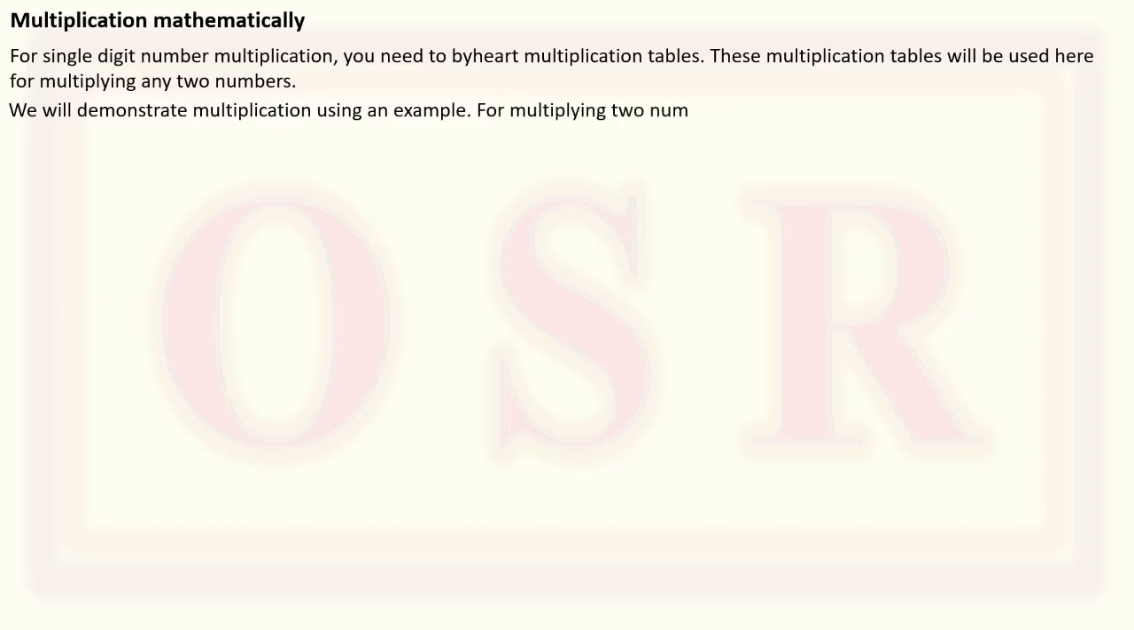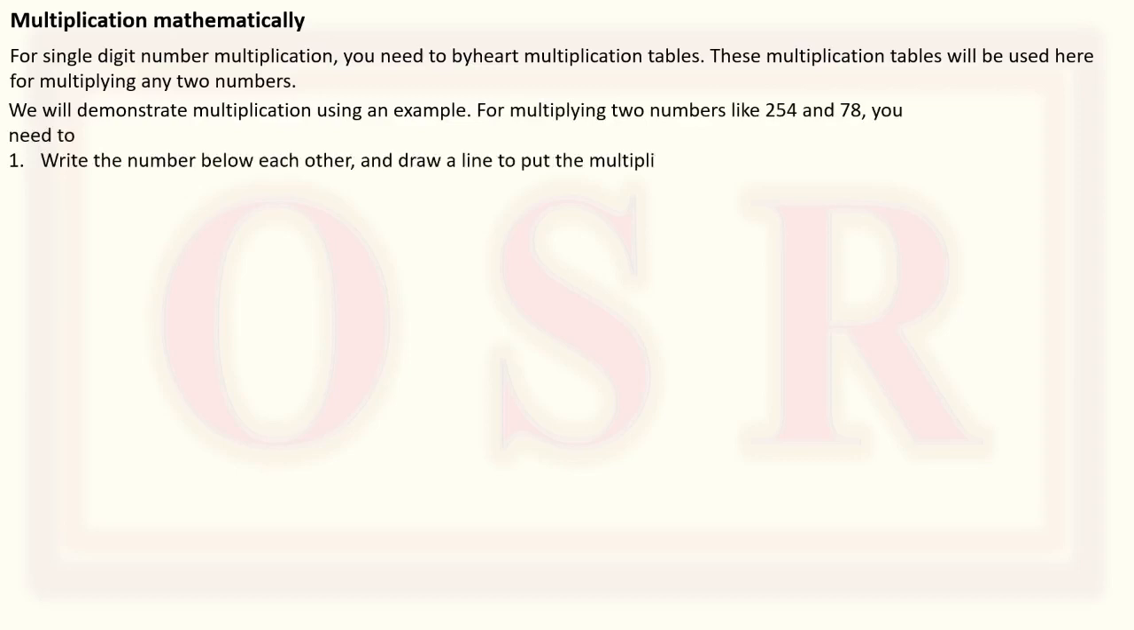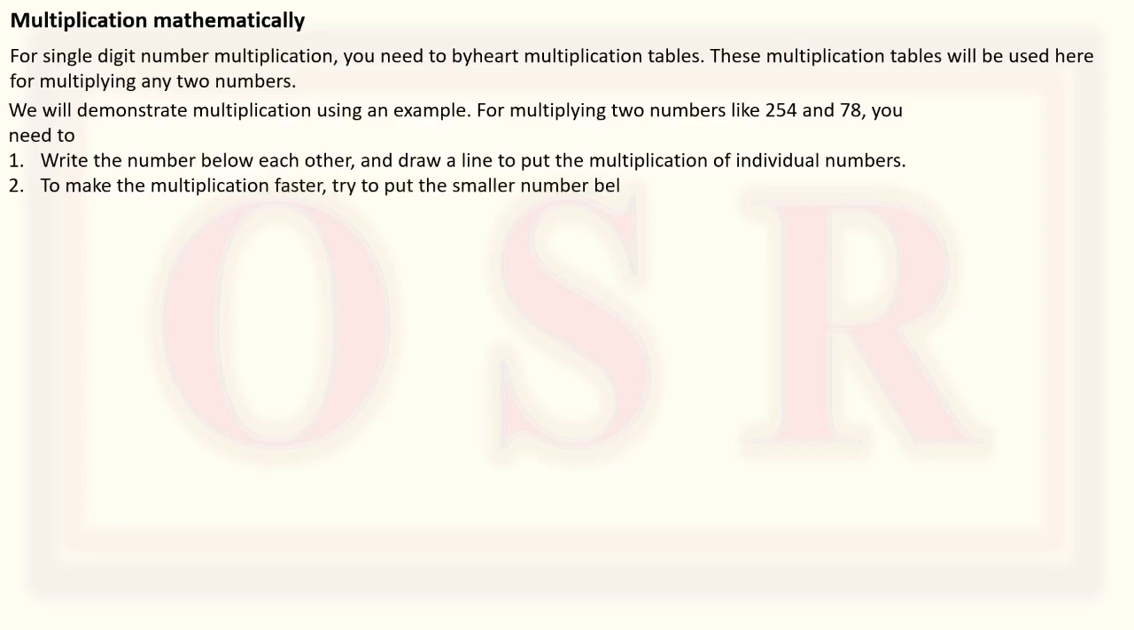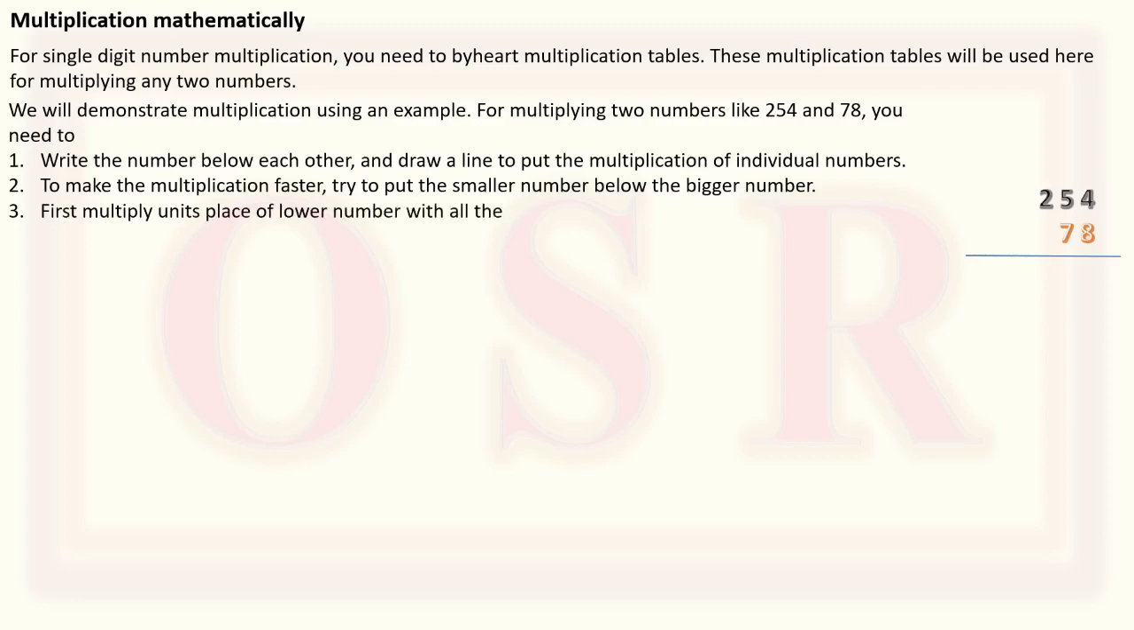For multiplying two numbers like 254 and 78, you need to first write the numbers below each other and draw a line to put the multiplication of individual numbers. To make the multiplication faster, try to put the smaller number below the bigger number, like 254 and below that 78. First multiply units place of lower number with all the digits of the upper number from left to right